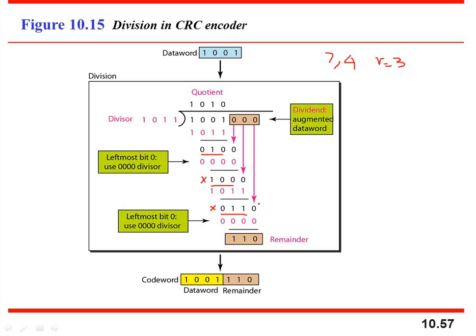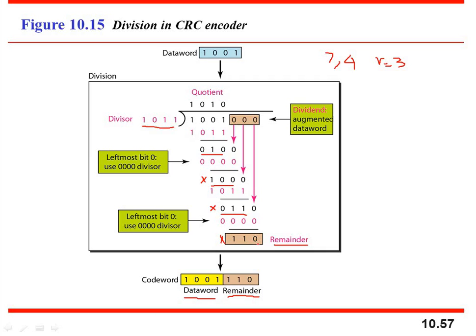Now this is the last 0, so henceforth there is no 0, so this is the last division you will be taking. Now the number starts with 0, hence the quotient will be 0 and you will get 0000. Okay, so you XOR it. After XORing, you simply eliminate this code and these 3 bits remain as a remainder, and this remainder is nothing but your redundant bits for the data word 1001 with a divisor 1011, right?